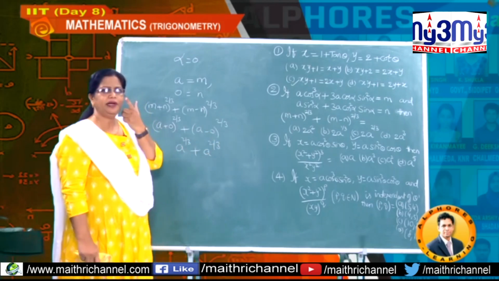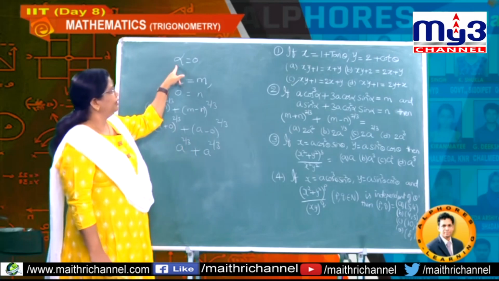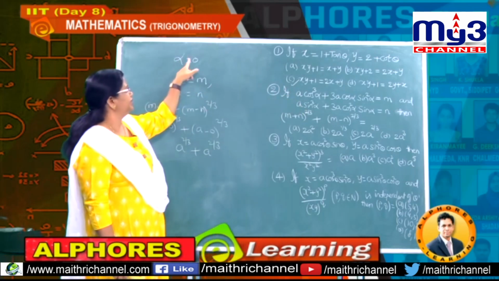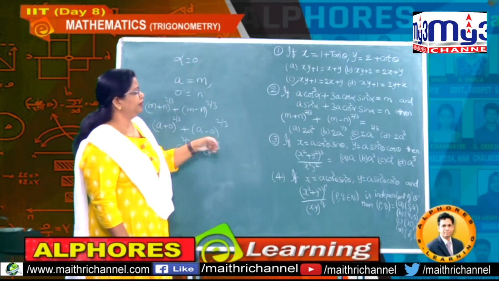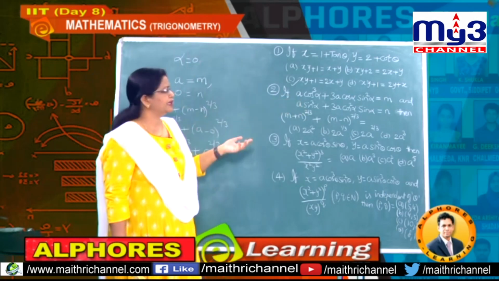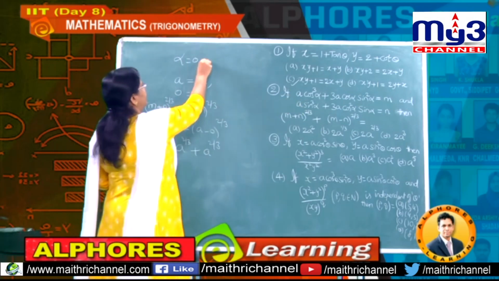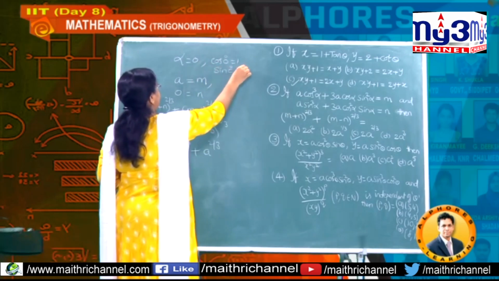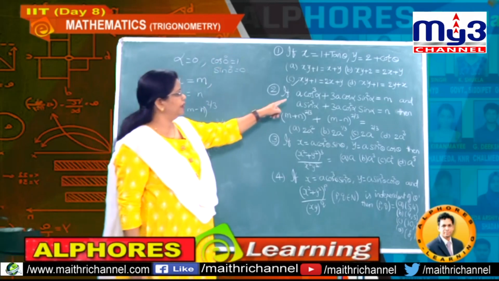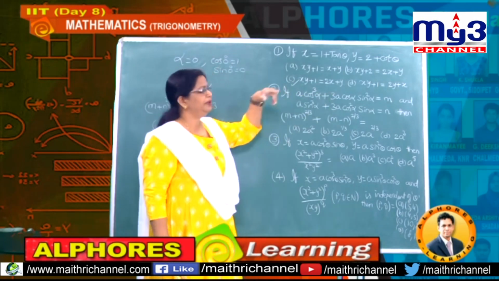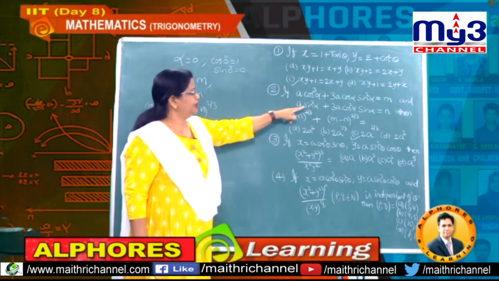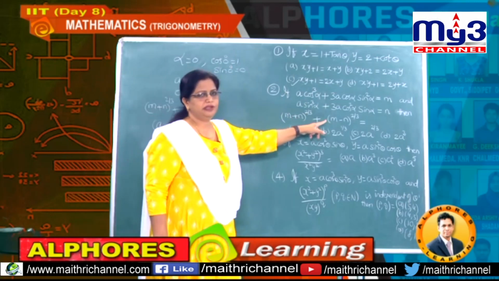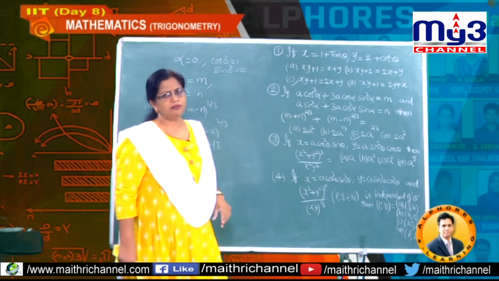Very simple, right? So what have we taken here? There is only one angle, no two angles. We just kept alpha as 0 degrees. Then cos 0 is 1 and sin 0 is 0. Therefore here you got a plus 0 equals m, so m equals a, and n is sin, there also sin, so n equals 0. We substituted those m and n values because the options are in terms of a.